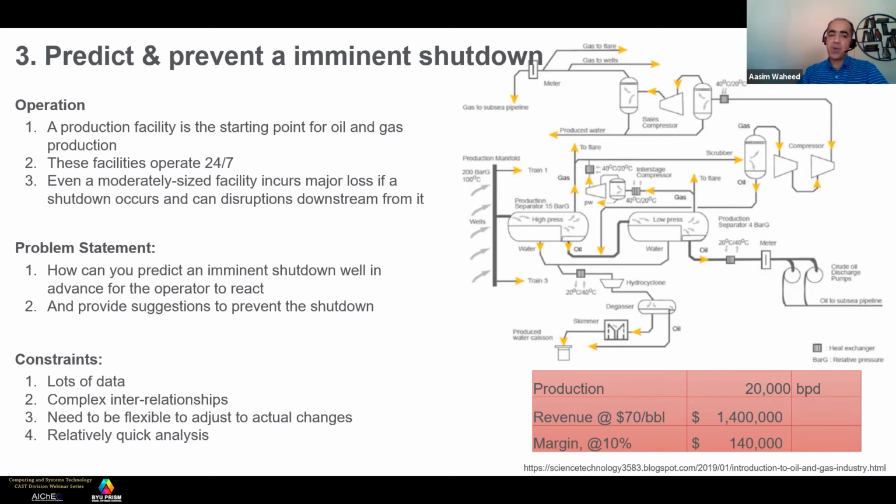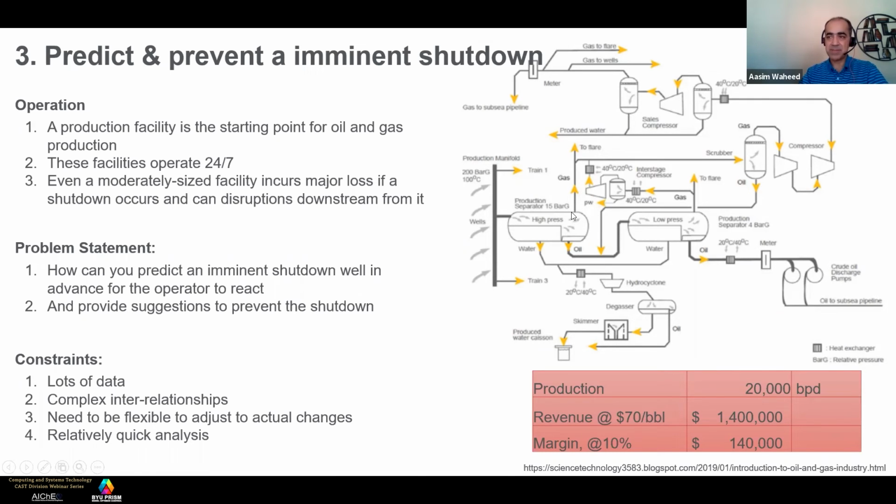If you could find a way to look at this facility as a whole and predict a shutdown, and even better, also suggest how to prevent that shutdown, that's a golden algorithm to be sold to many of these facilities. It'll sell like hotcakes. It's not easy because the number of data points here is pretty big, and the